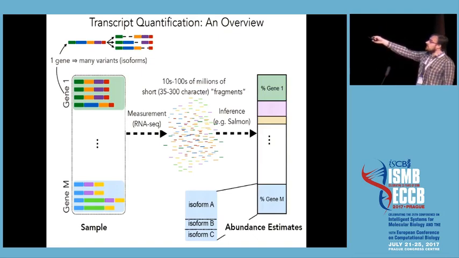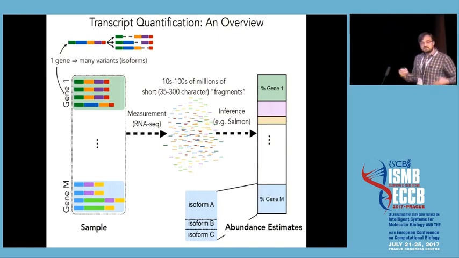And then we have a measurement process, which for us is the RNA-Seq assay. There are many different protocols, but it produces essentially tens or hundreds of millions of short reads. We don't see things this short anymore, but it's common to see 75, 100, 150 base paired-end reads. And now what we need to do is to go backwards from this measurement, and we want to infer